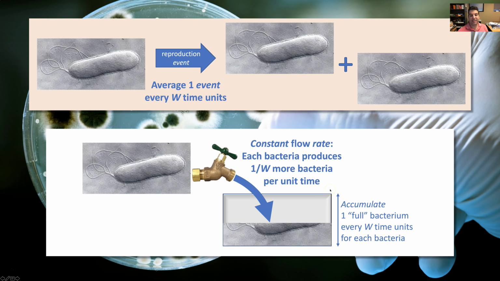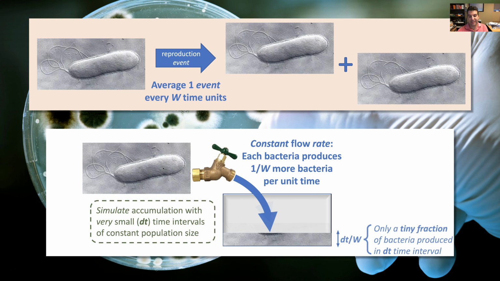Then in the next time unit, we can add this fractional bacteria to our bacterial pool, much in the same way that if you deposit money in a bank and let that money sit there, then the bank will give you interest, but only after some compounding period. There's some compounding period where you get a fraction of your money back in interest, and then it gets added to the pool, and that then starts accruing interest on itself.